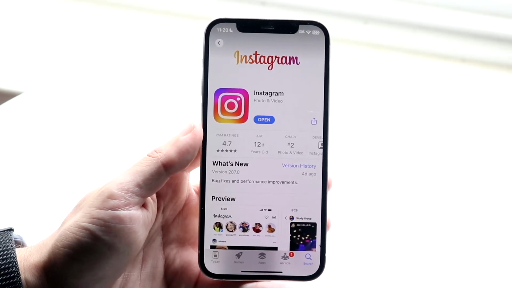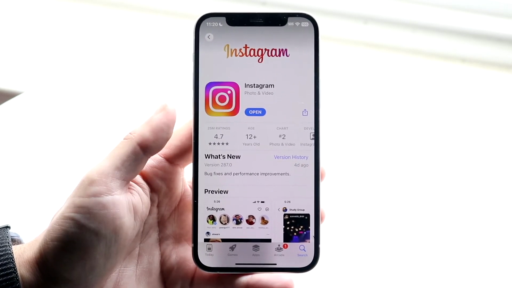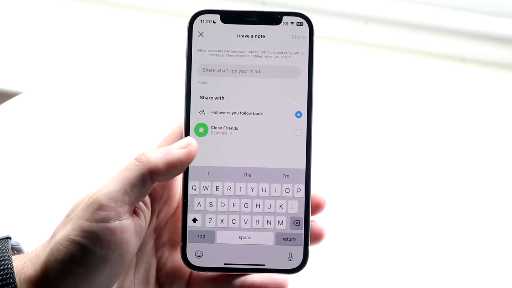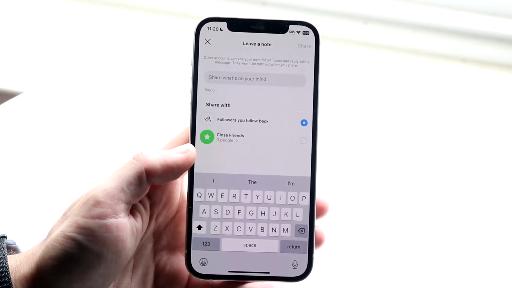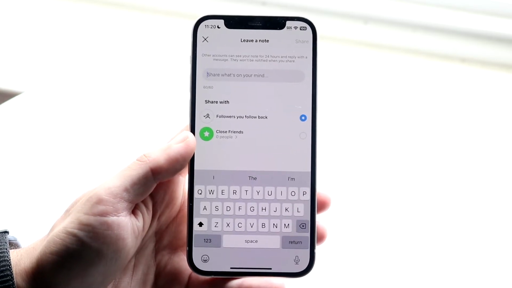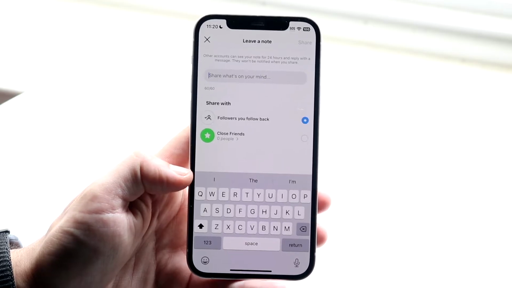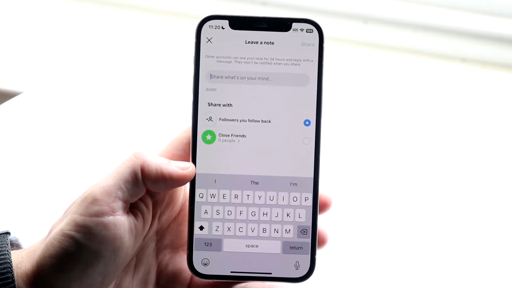So all you're going to want to do is click on update or click on open, but in this case, we're going to click on update, and that will update your Instagram application, and you might be able to see that new feature. Now, if for some reason you still don't see it, you can see for me, I don't see it personally on this specific phone, and that is basically because, again,